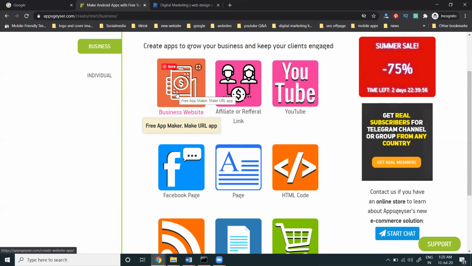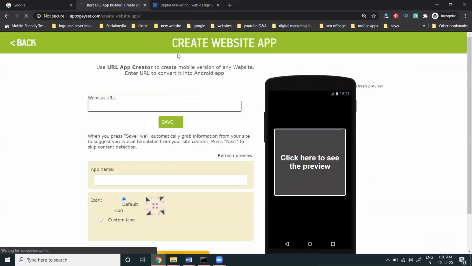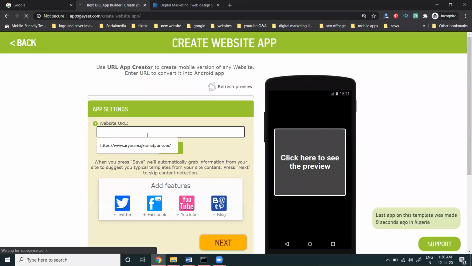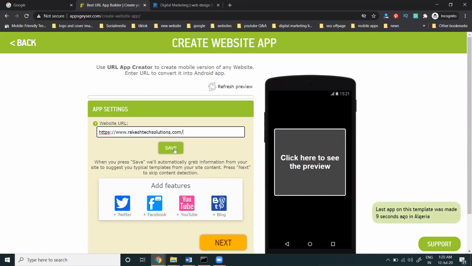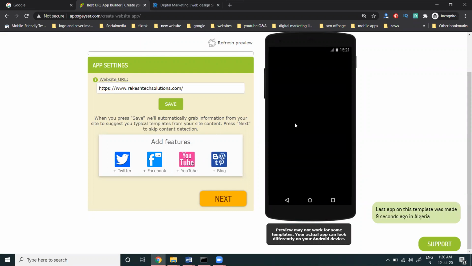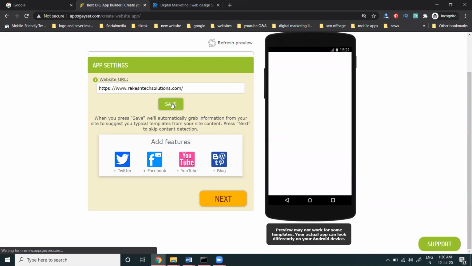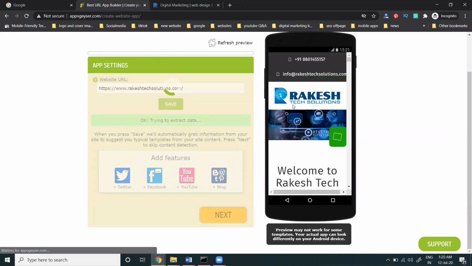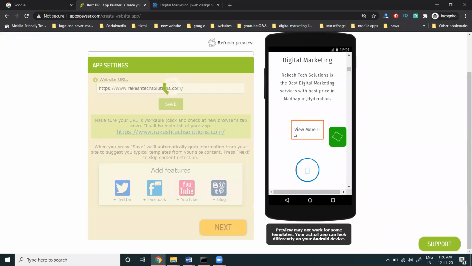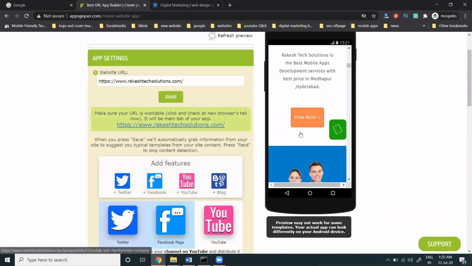Now we come into this one: business. Yes, simple. Copy the URL. Here, what features do you have to add? You can add every feature here. So refresh here; I have not saved yet. Once you save this option, it will show here. So your company will show my website in this particular option. So this is complete.